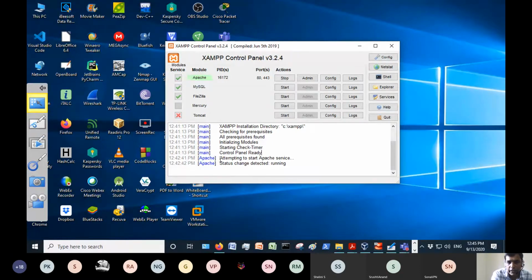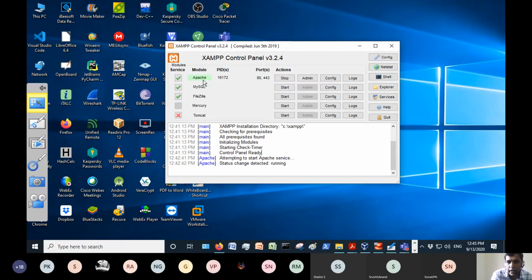So that's why you should keep track of the status here. If something goes wrong, then you should shut down those servers, then start them again. If you look at this module, you will get a light green indicator showing that Apache is currently running. If Apache fails, you will get a status saying Apache failed to run, and it will be in red.